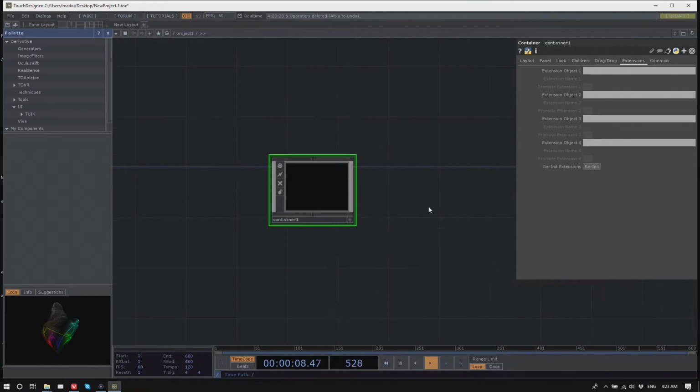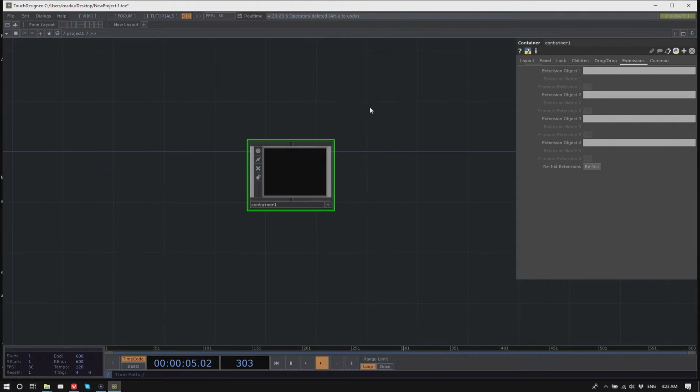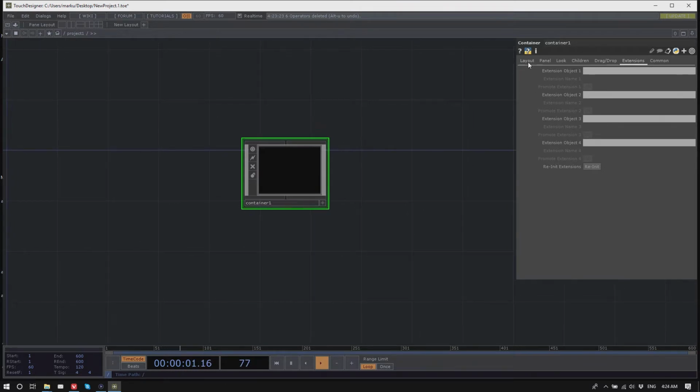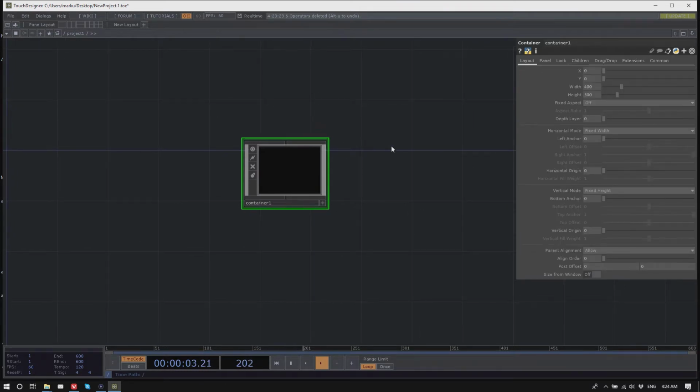So first things first, with extending TouchDesigner, we did include a while ago, with TouchDesigner 88, we started using Python, and this has been built out in quite a big way.